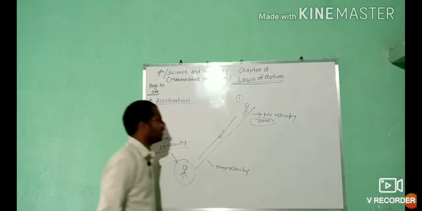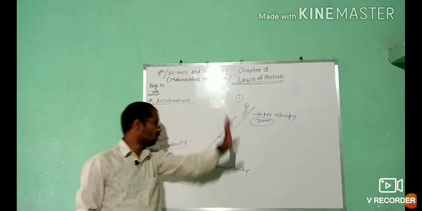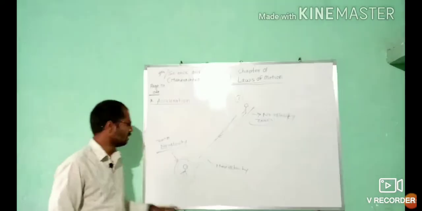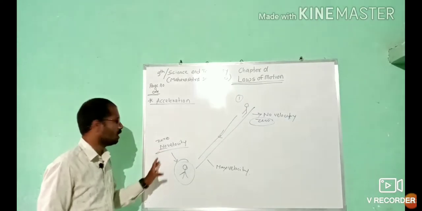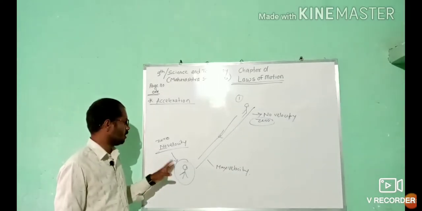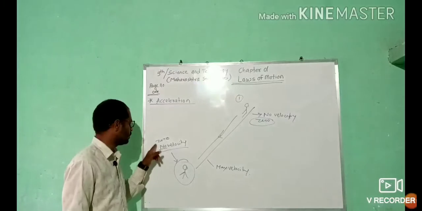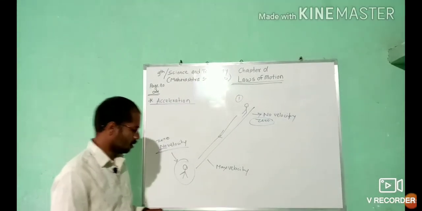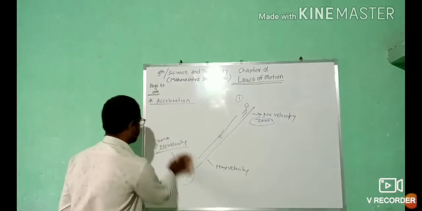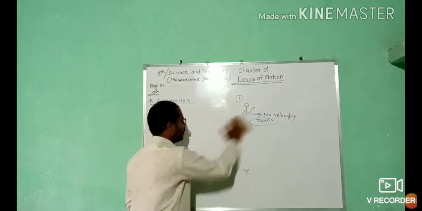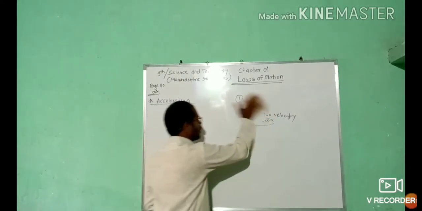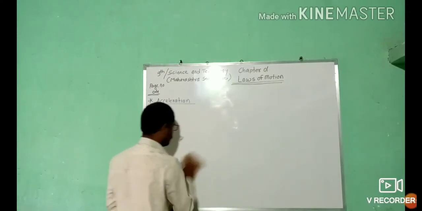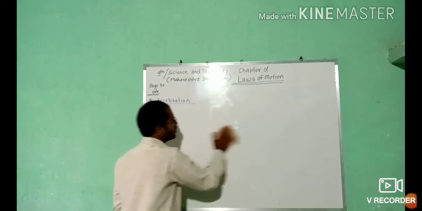Okay, so velocity at the top it is 0, velocity at the middle or near about the middle it is maximum, and velocity at the bottom where you are again in the state of rest, that is again 0 velocity. Okay, got it. So here you come to know that when an object moves, there may be a change in velocity,